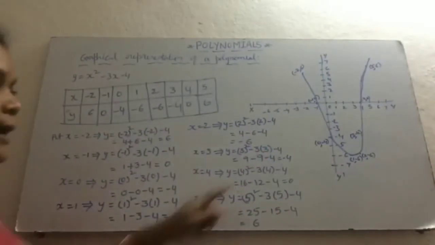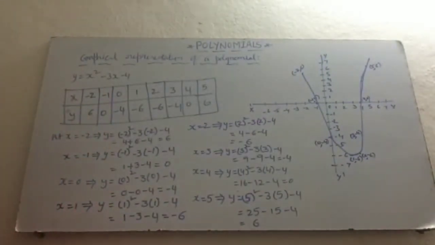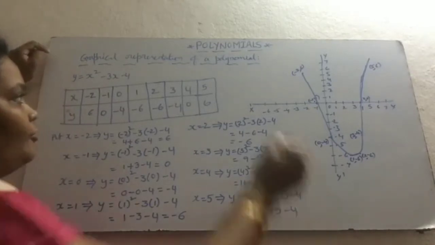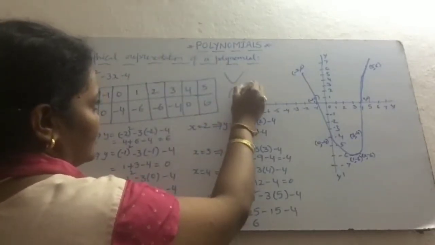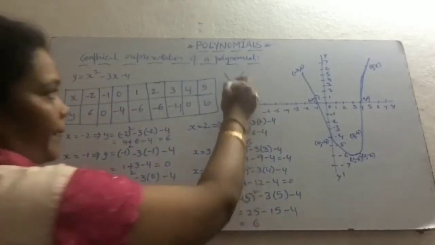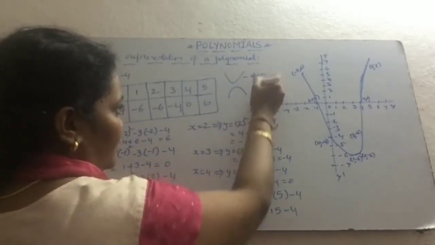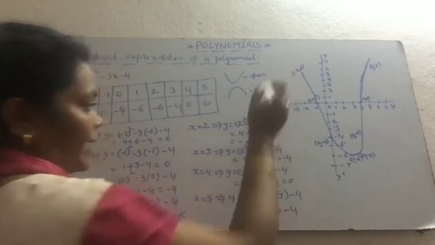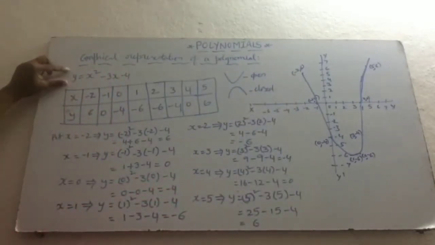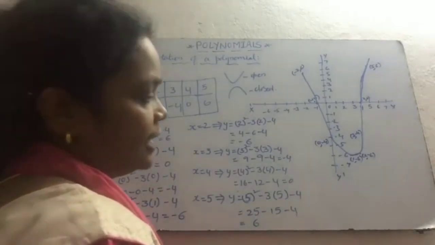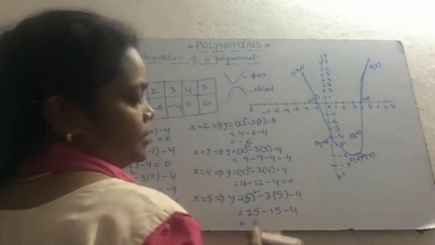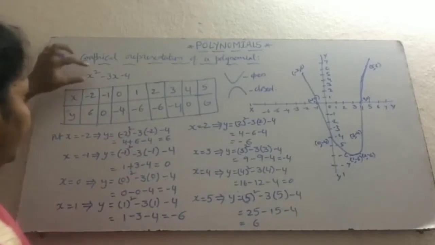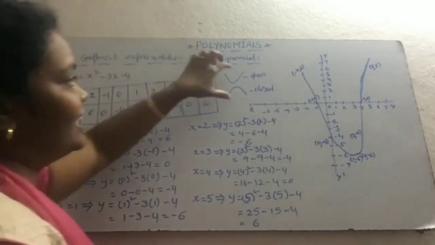We will get a parabola. Okay. So, if I take a quadratic polynomial, we will get a curve like this or like this. Open parabola or closed parabola. This is open parabola and this is closed parabola. So when we take the linear equation, the graph shows a straight line, and when we take a quadratic equation, that means the degree of the polynomial is 2, then we will get the parabola.